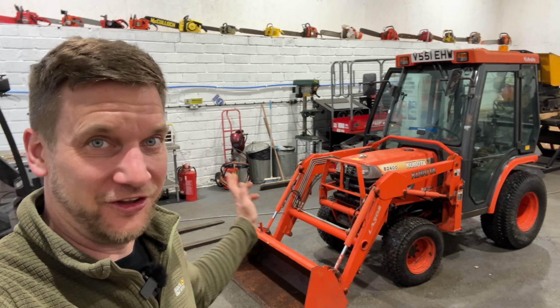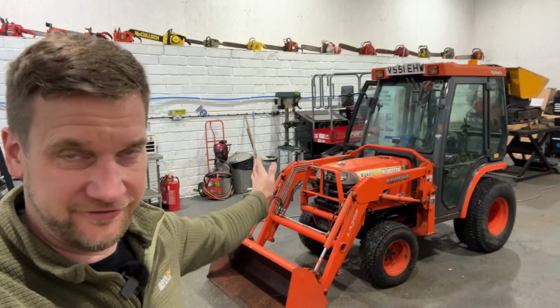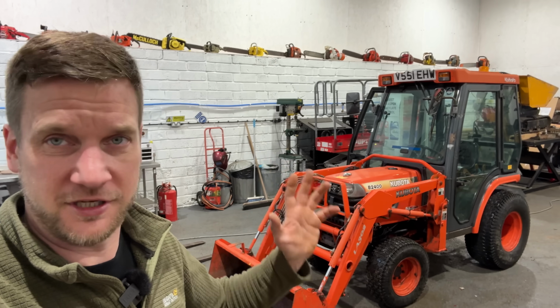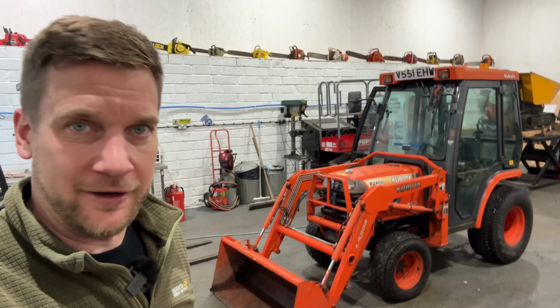We have finally got the Kubota B2400 with the loader and the full cab in the workshop. Yes, you've seen this in plenty of other videos where we have been using it, and I've also said about 5 times that this week it is going into the workshop. Now, I paid